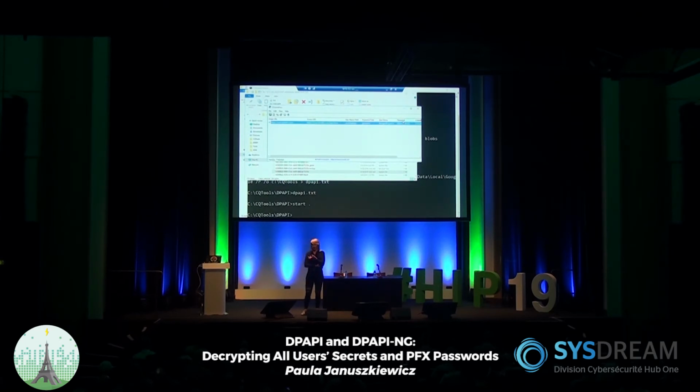This represents the situation when someone has access to the domain controller. So if this person has access to the domain controller and has bad intentions, this person can decrypt every single person's password.